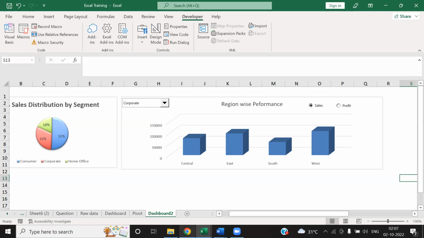Okay. Now let's see. Yeah, any questions? All right. Now, as I said, one thing is very common for all the form controls is cell link. Okay, cell link is very common. Cell link is very important, and